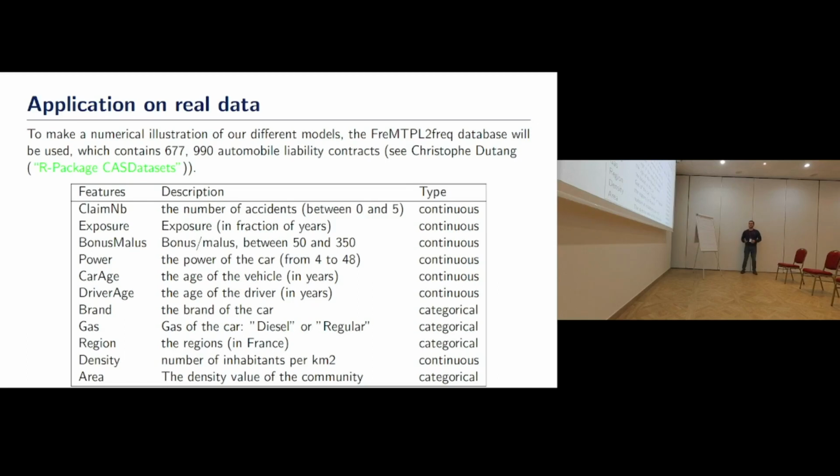So the final thing, I'm going to apply this to a real database for a real company. So here's my database that I have. It's a public database from a French company. Here's my target variable. So here I have the 677,000 drivers in my portfolio. And here are the claims. I have drivers that have 0 up to 5 claims. So it can be 0, 1, 2, 3, 4, 5. And here are all the other features that we are using to train our model.